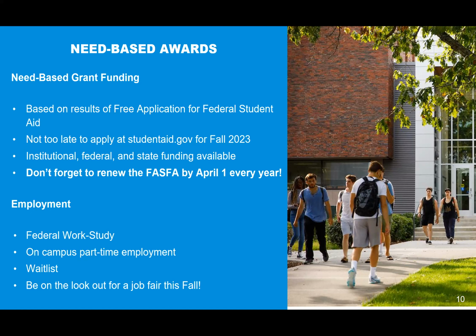If you've not submitted a FAFSA yet, but you think you'd like to apply for need-based financial aid, it is definitely not too late for the fall of 2023, but we do encourage you to get that done as soon as possible. In terms of renewing need-based financial aid,